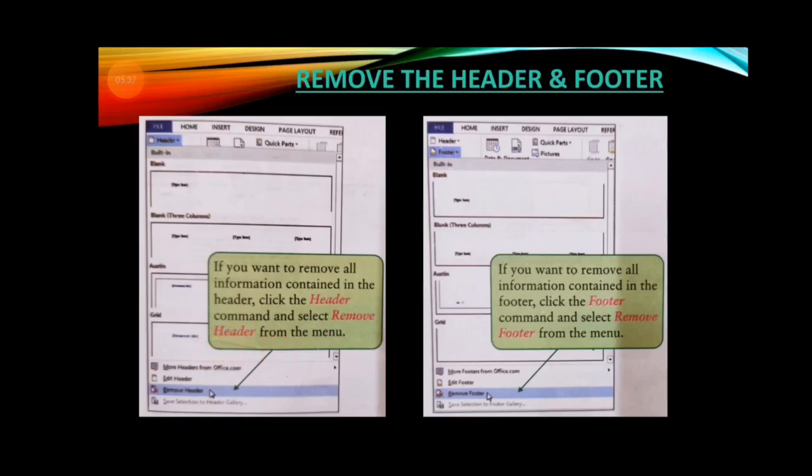If you want to remove all the information contained in the header, click the header command and select remove header from the menu. In the same way, if you want to remove the footer, under the header there is a footer option. You can click, you can see this arrow where it is going, and then there is remove footer. When you click on it, it will remove the footer from the document.